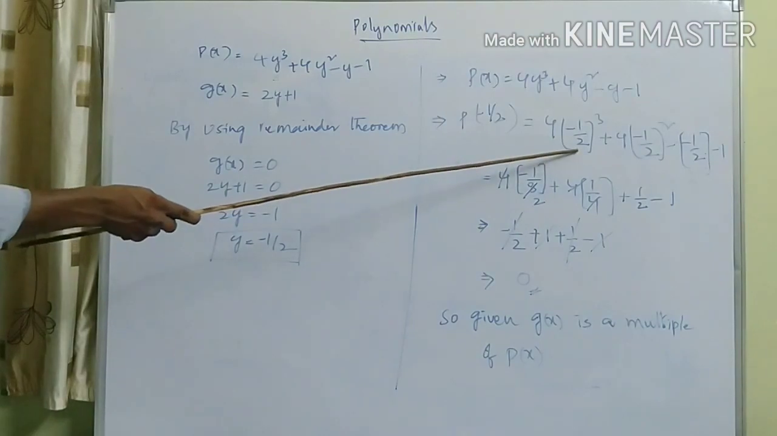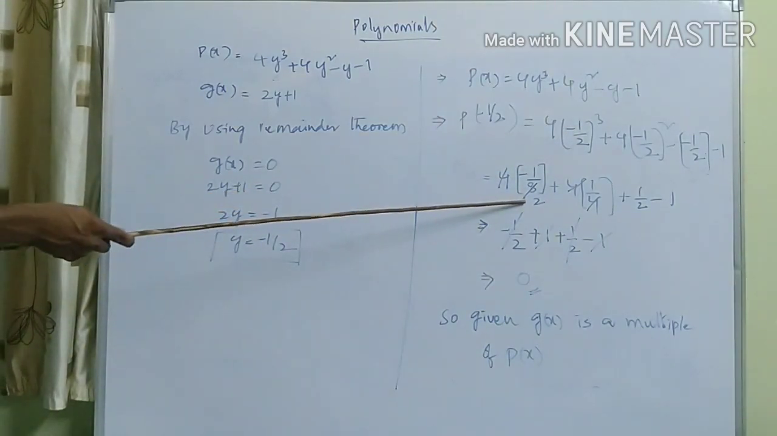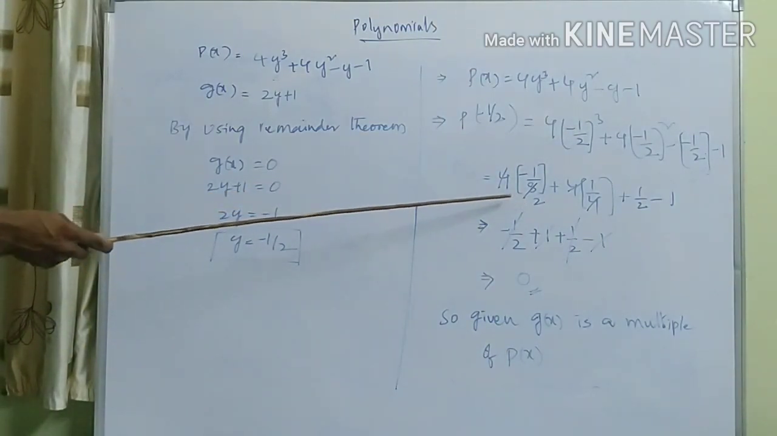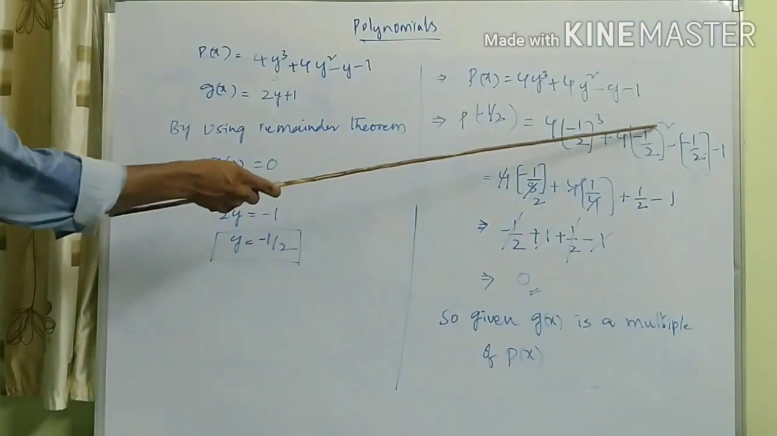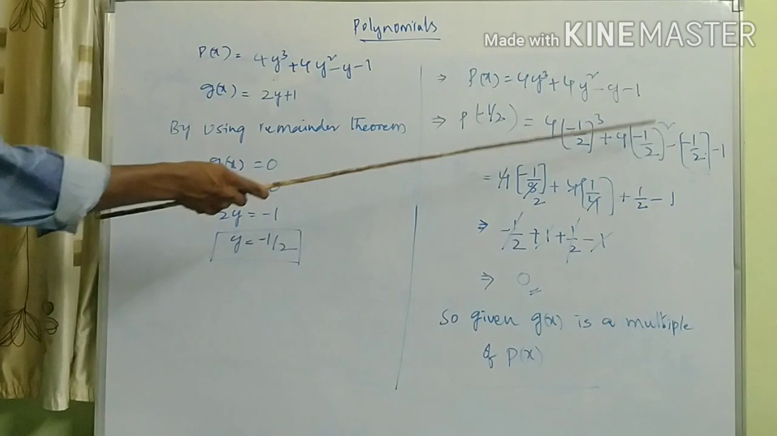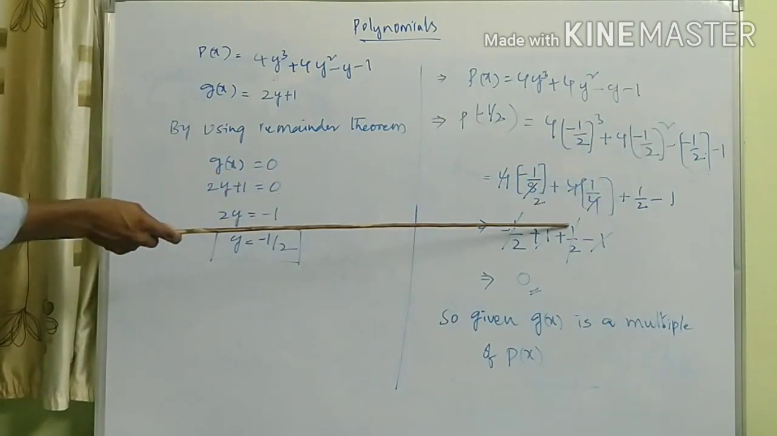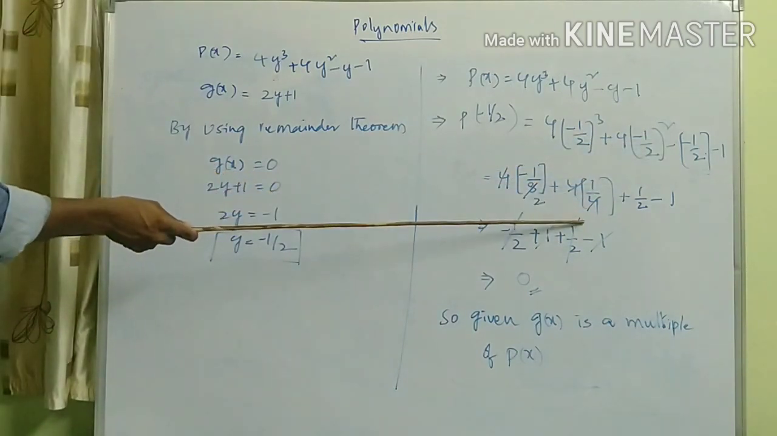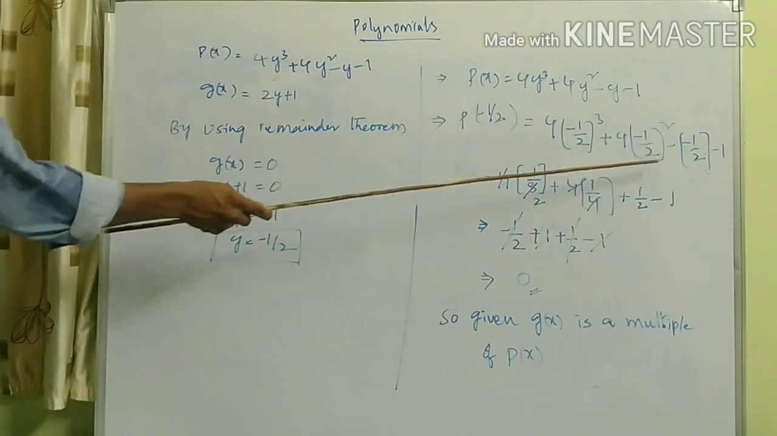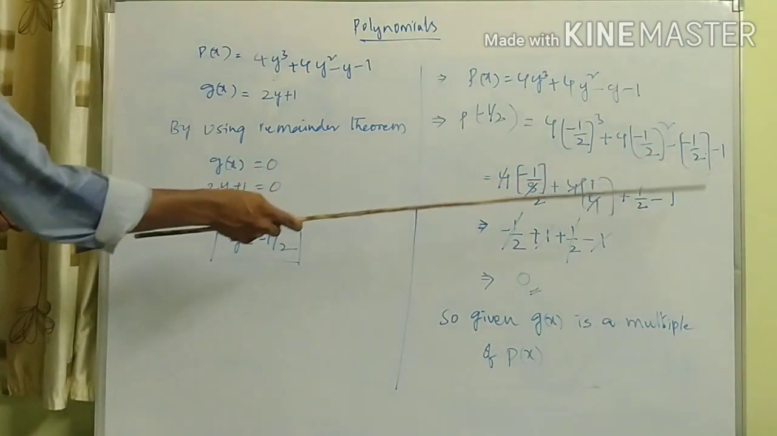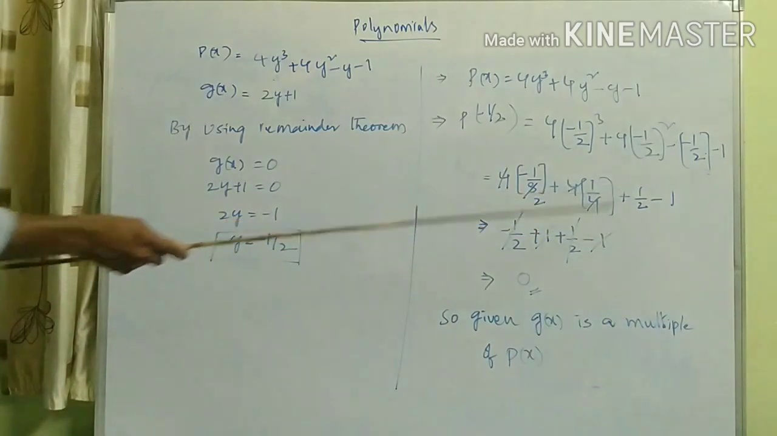So 2 cube means here minus 1 by 8. 4 into minus 1 by 8 plus minus 1 by 2 whole square means minus 1 into minus 1 plus 1, 2 2s are 4. So 4 into 1 by 4 plus minus into minus plus 1 by 2, 1 by 2. Minus 1, minus 1. Here